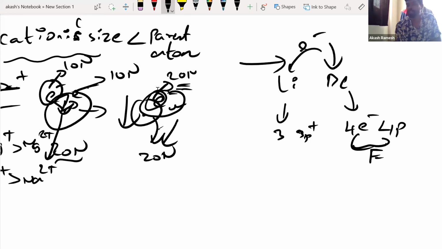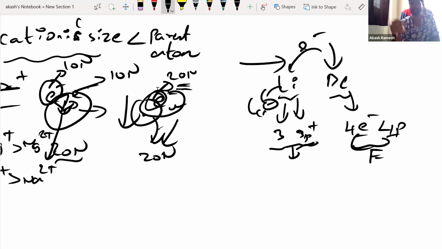So I told you that when I add an electron the nuclear charge increases, just for your understanding. But lithium and beryllium are 2 different elements. It's not like you add an electron to lithium and it will become beryllium. It will become Li minus, because the atomic number is still only 3. It has only 3 protons. All you have to understand is that 3 electrons, 3 protons, lesser force; 4 electrons, 4 protons, more force. Thereby, I say that it is having more nuclear charge.